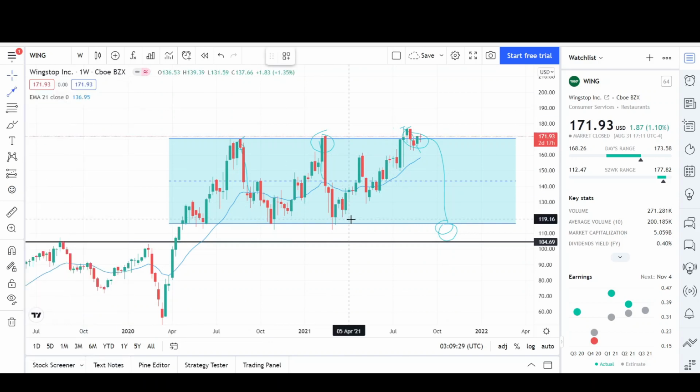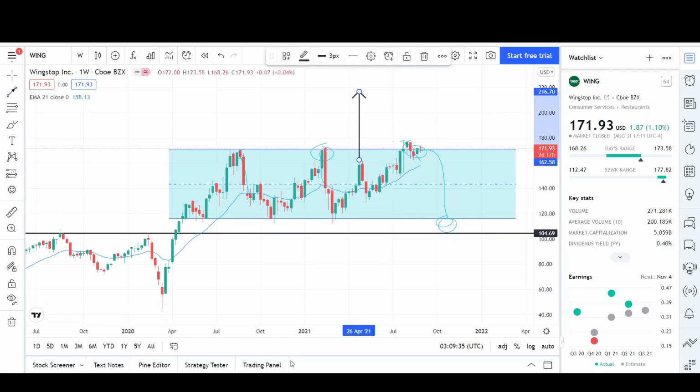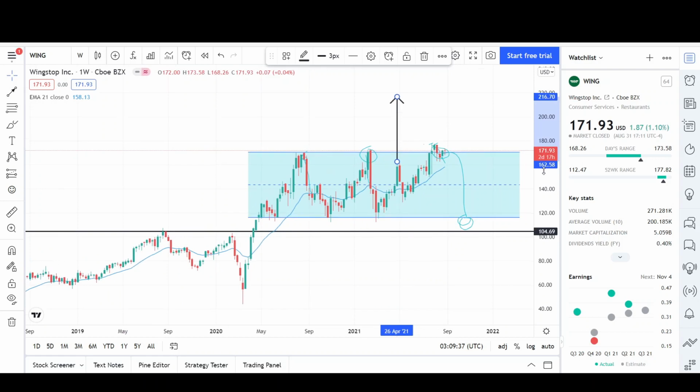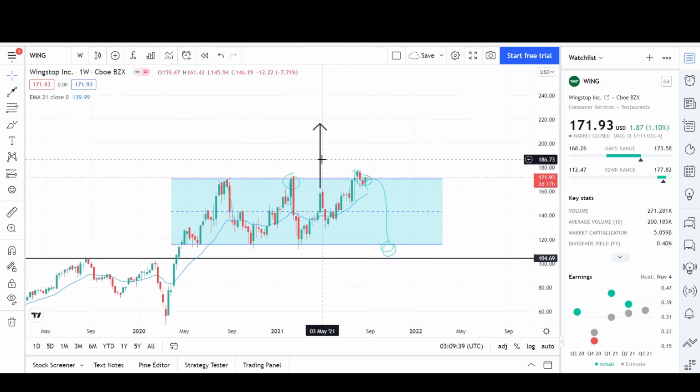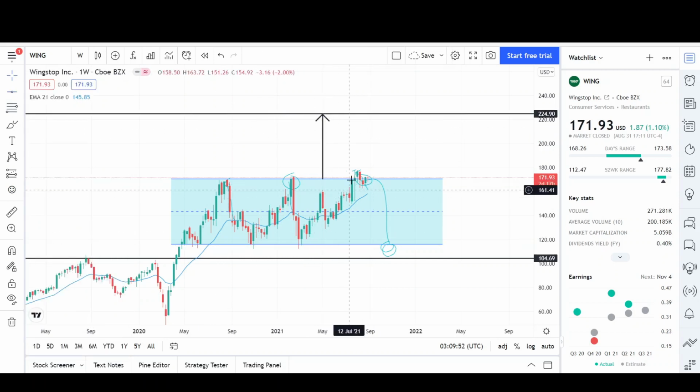If we do that, I see us making the range measured move, which would be this one right around here. Let me just zoom out a little bit so the arrow can fit on my chart. So usually if prices break outside of a range and it's successful, where would be the area that prices would want to reach? It would be this 223 level. We just gotta wait and see if it will be a successful breakout and we will trend higher and higher,